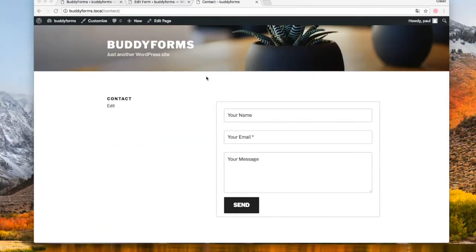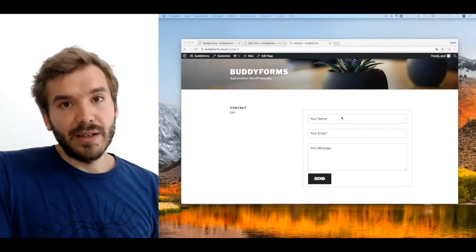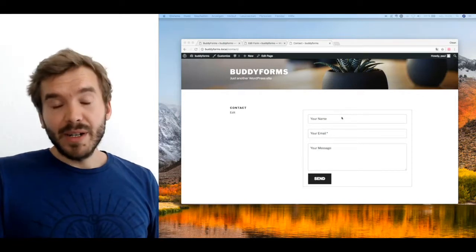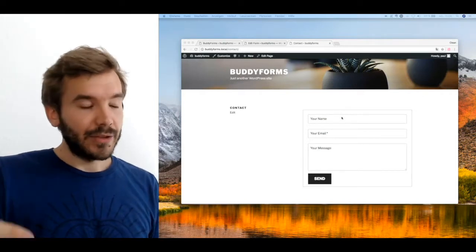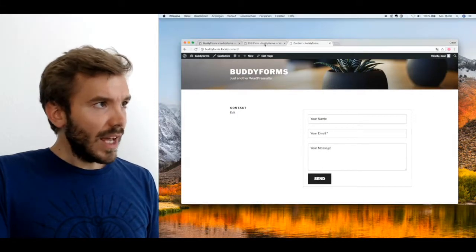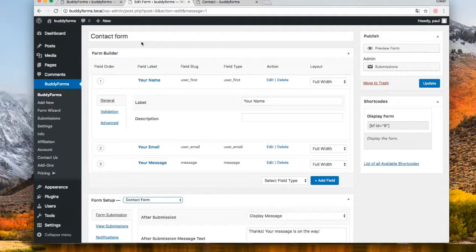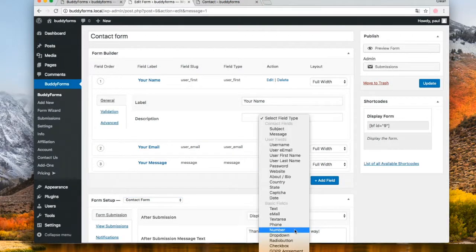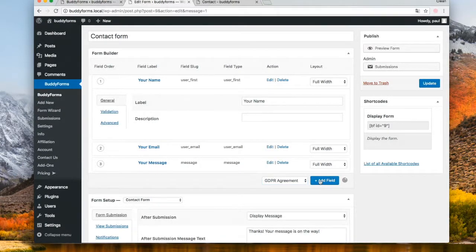To make this form GDPR compliant, what we need is a user consent, so that our users can exactly understand what's happening with the data they're submitting here. And in order to integrate that, I just want to show you this contact form in the back end. We've made a new GDPR form element for that, which you can find here. And you can add that field,